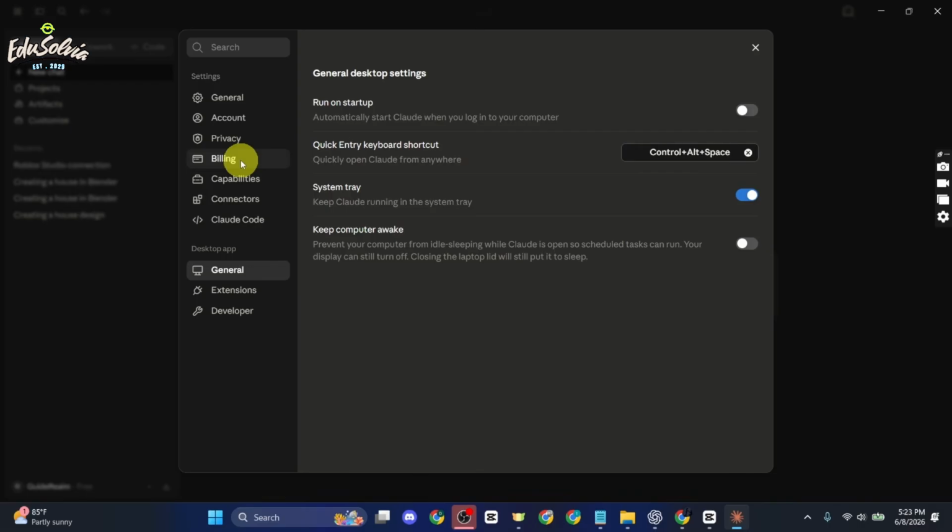In the Usage section, Claude displays your activity through a progress bar. Here you can see information such as your current usage, session or weekly limits, depending on your plan, and a visual indicator of how much of your limit you've used. It may also show when your usage will reset. And that's it. That's how you check your Claude usage